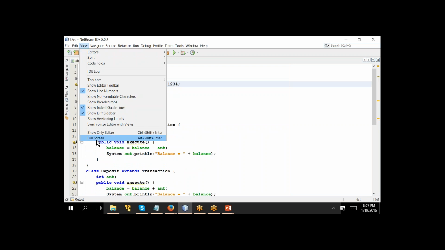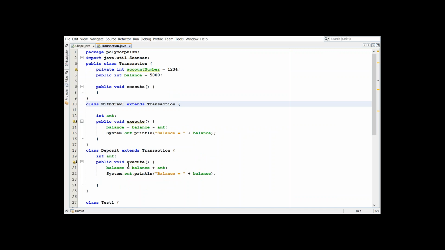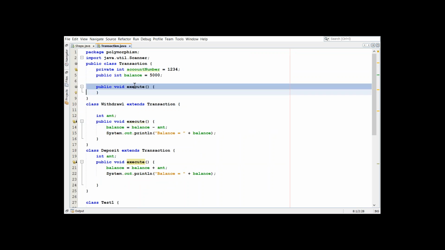View full screen. I hope it is visible now. Now you've got the execute method over here. You have defined the code over here. Can we define the code for the execute method? We know that this functionality is there with the withdrawal and the deposit class. That is executed as a part of the transaction, but